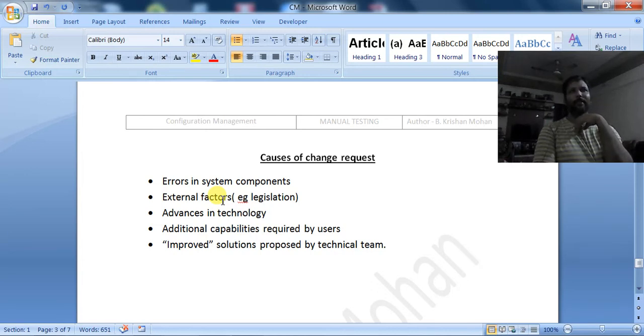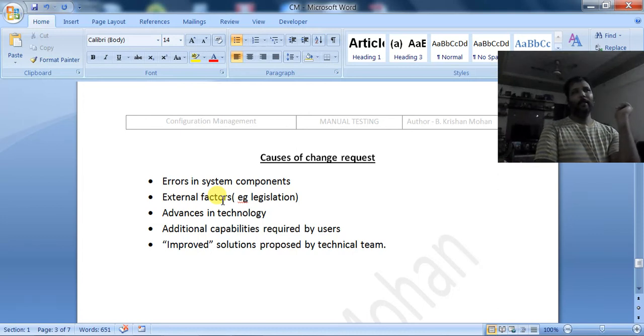This means that if he wants some change in the functionality. Suppose there are two or three users in the project, and there are five modules.